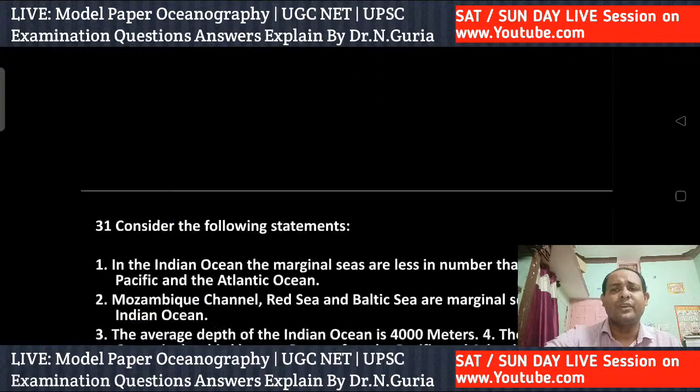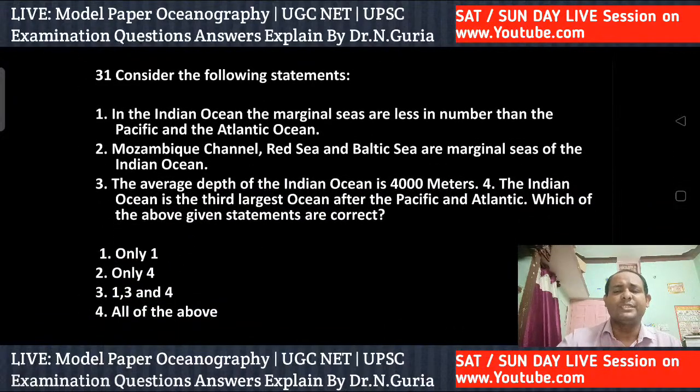Next, another question for you. Very interesting question, and in today's session, oceanography. Another question. Consider the following statements. In the Indian Ocean, the marginal seas are less in number than in the Pacific and Atlantic Ocean. The Mozambique Channel, Red Sea and Baltic Sea are the marginal seas of the Indian Ocean. The average depth of the Indian Ocean is 4,000 meters. The Indian Ocean is the third largest ocean after the Pacific and Atlantic. Which of the